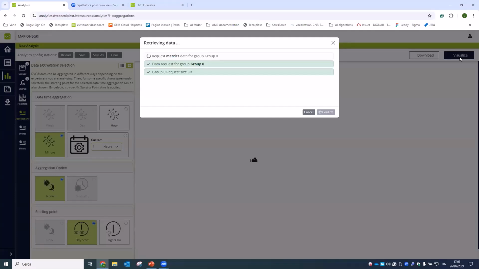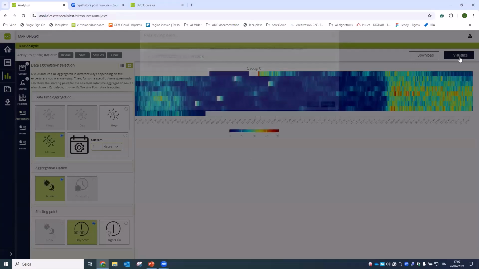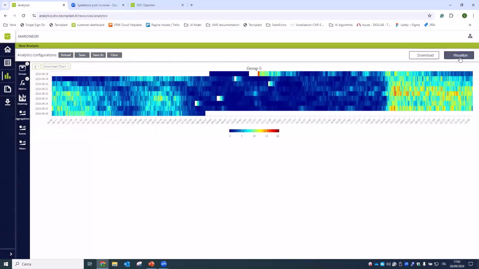But after a while, it should stop and display. Here it comes. And as you can see, this is a colored approach of the data. These are exactly the same data shown before by using the continuous line simple chart. This is the heat map where each line corresponds to 24 hours, starting from midnight because this was my selection,